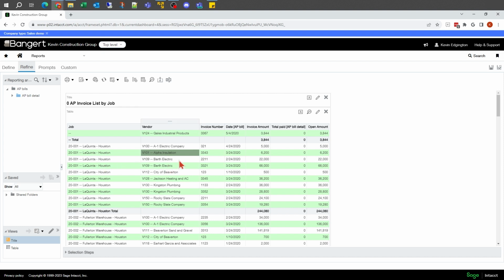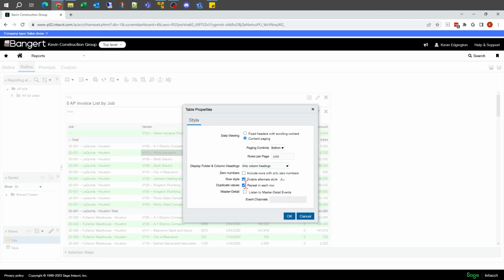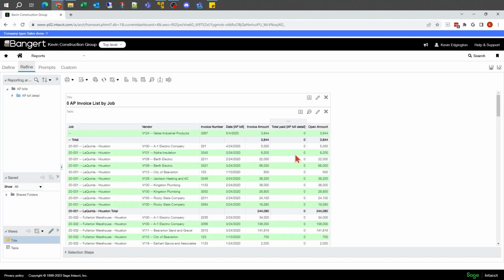If you want to use the green bars, or whatever color you want to make it, the bar effect to follow something going across, you'll probably need to have it set where these lines are not being suppressed. They're being shown on every single line. That's just a fast way to do it. Instead of me having to go to both of these columns and turn it on in the column properties like we showed in a prior video, this lets you do it all in one shot for however many you've got suppressed.